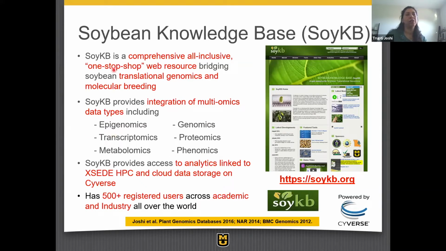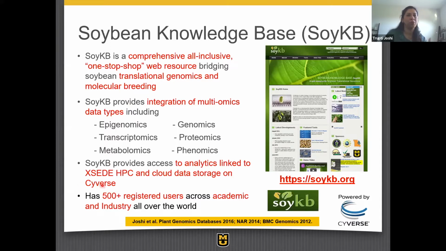And so we really started thinking in terms of this one stop shop infrastructure framework where we wanted genomics, but we wanted to make sure we link it back to breeding and phenotypic data. So all of our users or all of our collaborators who really make decisions about it are able to utilize this information. We succeeded in linking it back to high performance computing and Cyverse, which kind of used to be